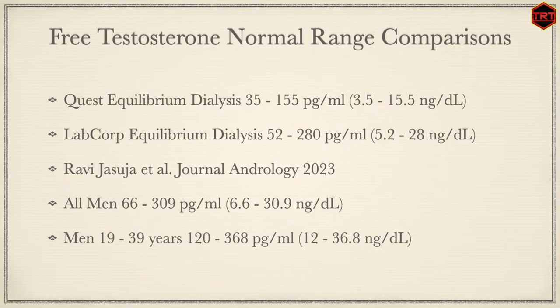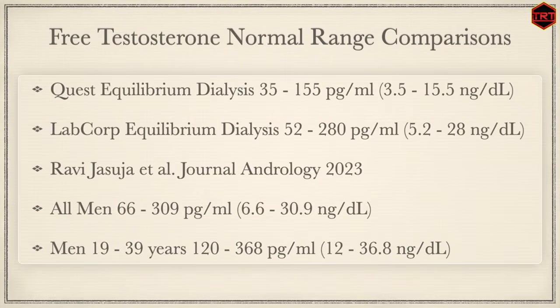As you can see, LabCorp's reference range is nearly twice as high as Quest. As a result, a man on treatment with a free testosterone level of 25 would be considered supraphysiologic by Quest and might have his dose reduced, whereas that same level would fall comfortably within LabCorp's normal range. Qualification for treatment is also affected by the lower limit of these ranges, which is 3.5 at Quest and 5.2 at LabCorp. In my experience, it often takes a very symptomatic or significantly unwell man to have a free testosterone level below 3.5 or even 5.2.